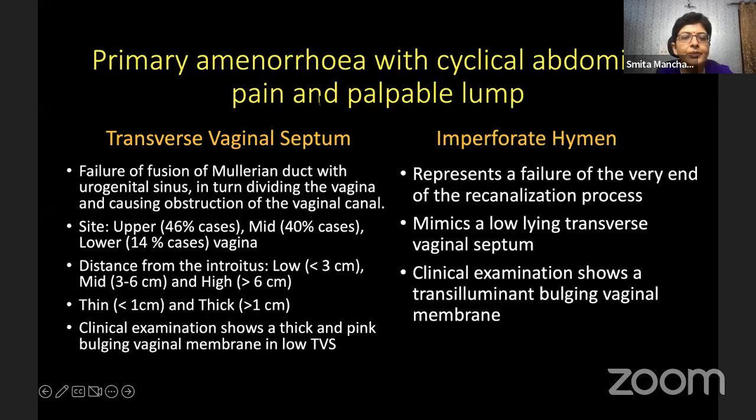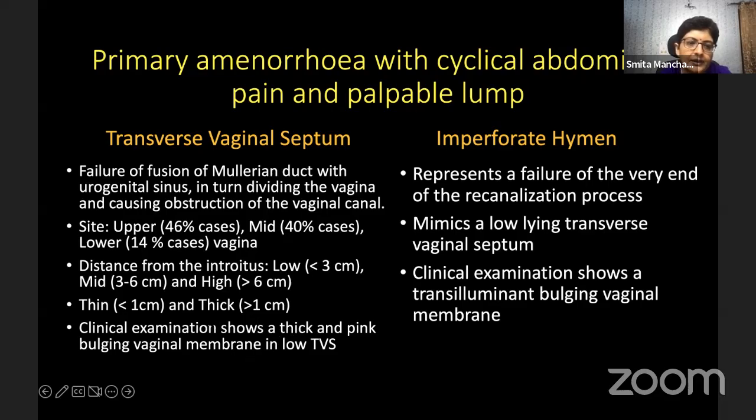Now, a patient presenting with primary amenorrhea with cyclical abdominal pain and palpable lump, who may present with acute urinary retention, the cause can be either a transverse vaginal septum or imperforate hymen. Clinical examination can also help differentiate, because in imperforate hymen there is a transilluminant bulging vaginal membrane, whereas in a transverse vaginal septum there would be a thick and pink bulging